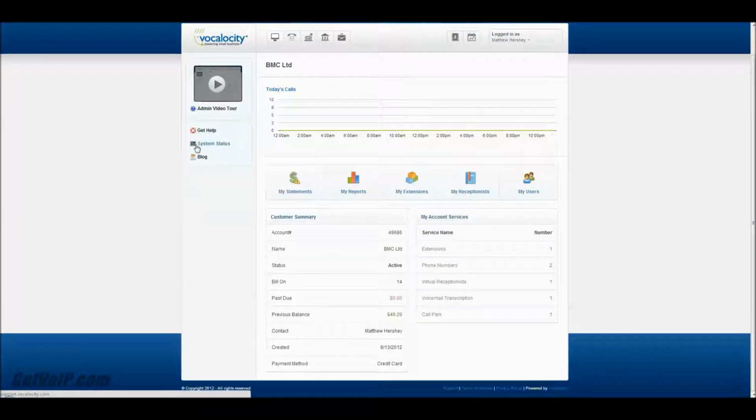And if you click Get Help, System Status, or Blog, it'll take you straight to Vocalocity's site, of course, under these respective links. You can see your customer summary, where you might have a bill that's past due. You can see what your previous balance was, the day that your bill is due. These are all cool little add-ons and features that weren't there before, and in the old system you kind of had to dig for these, but with the homepage here at the Vocalocity new admin portal, everything is front and